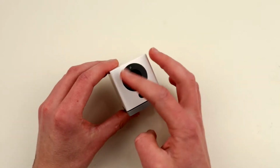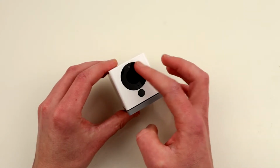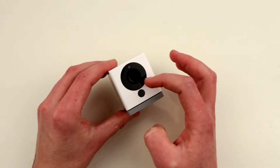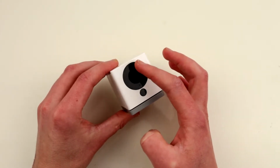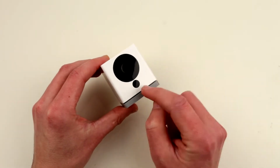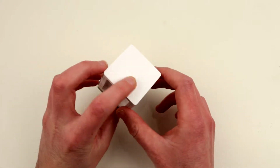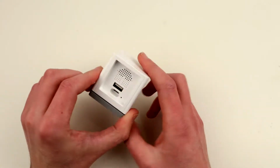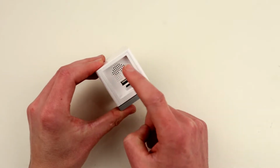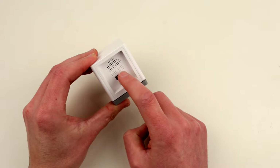On the front of the camera are two black circles. The first circle probably consists of a bunch of infrared LEDs. Behind it there is also something on top, probably some sort of indicator, a microphone hole, and some black hole of unknown origin over here. The sides are pretty clean and pristine, but on the back side we have probably a speaker over here, and a USB port for powering